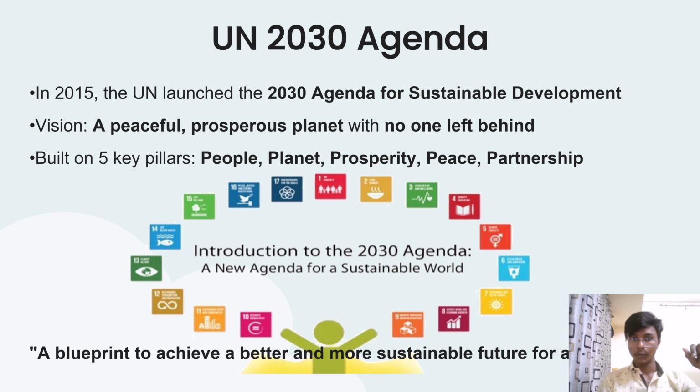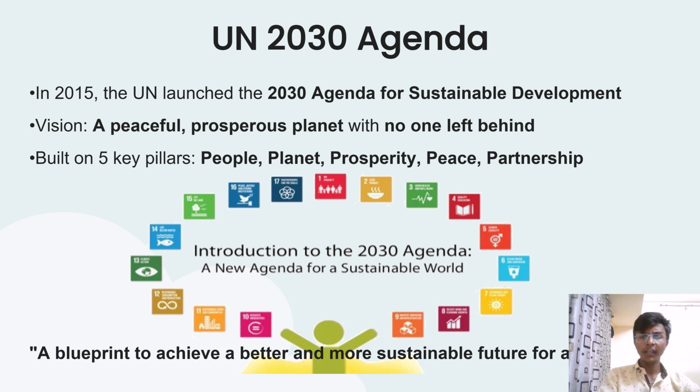What is the UN 2030 Agenda? In 2015, the UN launched the 2030 Agenda for Sustainable Development. This is the agenda launched by the UN for sustainable development only. Its vision was clear: a peaceful, prosperous planet with no one left behind. No one left behind means nobody should be left behind in poverty. In India we have BPL and APL, that means below poverty line and above poverty line. We should not need those things. Everybody should be equal and equally treated when it comes to education, food, and justice. Whatever it is, it should be equally